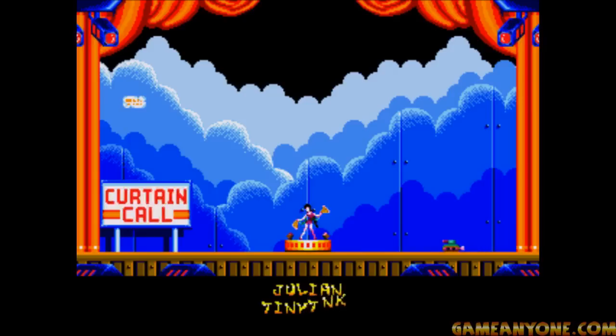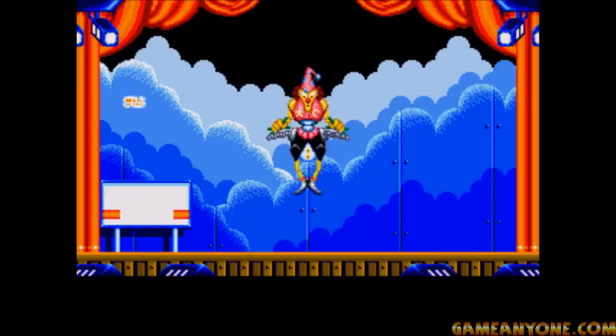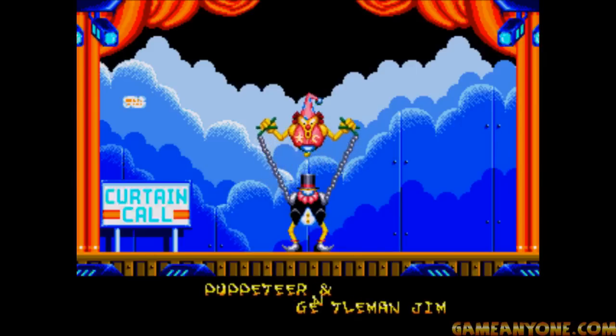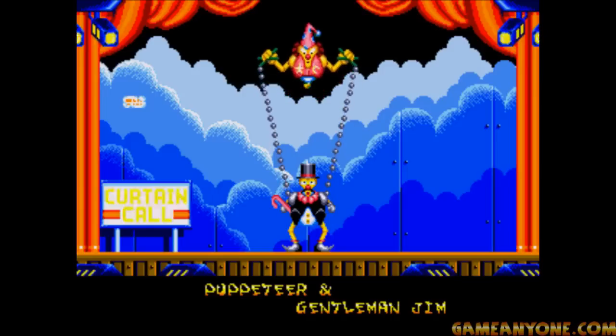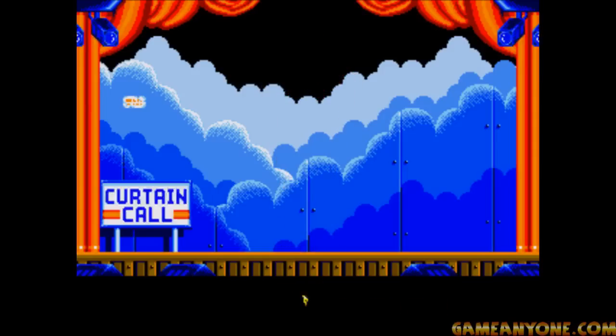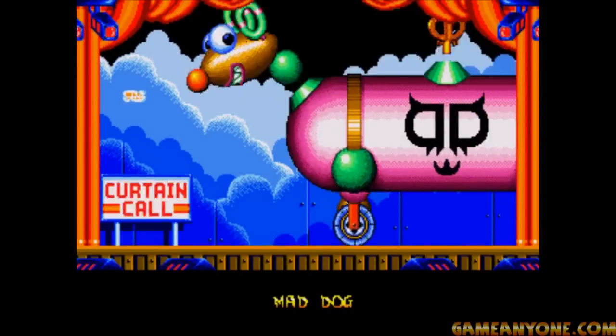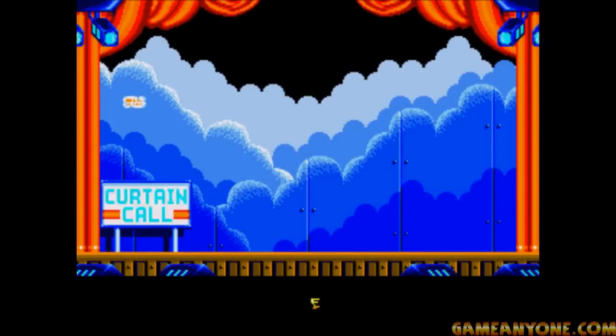Alright, so we're getting near the end. These are the things that are at the end. Julian is that thing's name. I don't know where they're coming up with these. It looks like now we're going to start getting into some of the bigger bosses. That's the Puppeteer and Gentleman Jim. Gave me a little bit of trouble anyway. And, of course, Mad Dog. Probably the easiest, well, definitely the easiest Keymaster. I mean, it was the first, but...